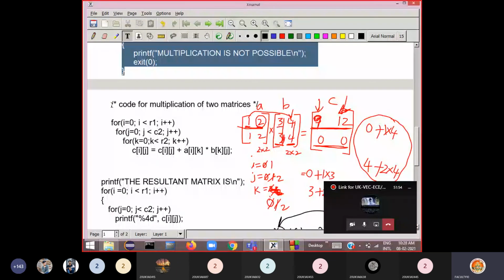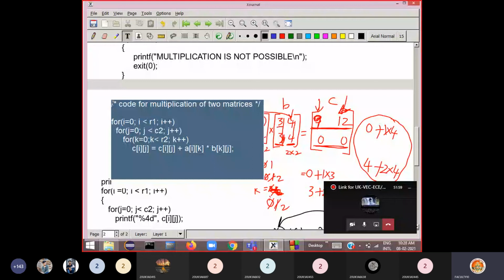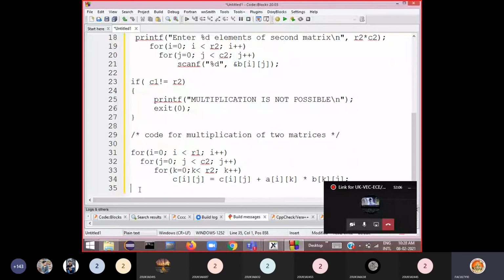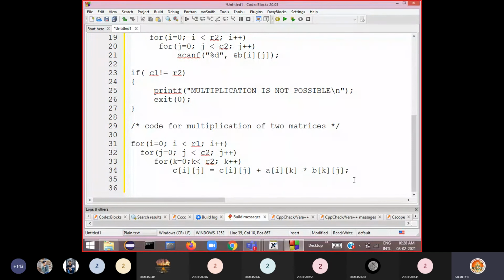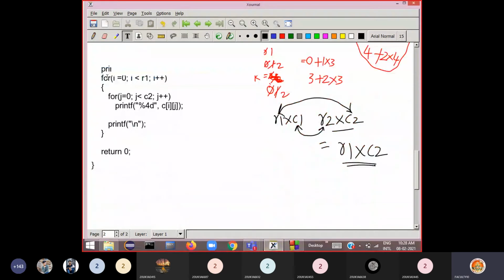So then we'll copy code for a multiplication of two matrices. Okay, so this is the code for multiplication of two matrices. So then let me print the matrix here.